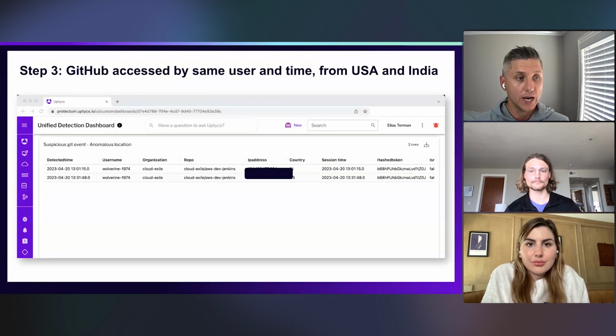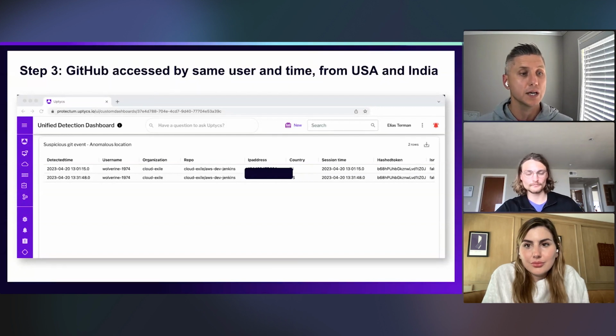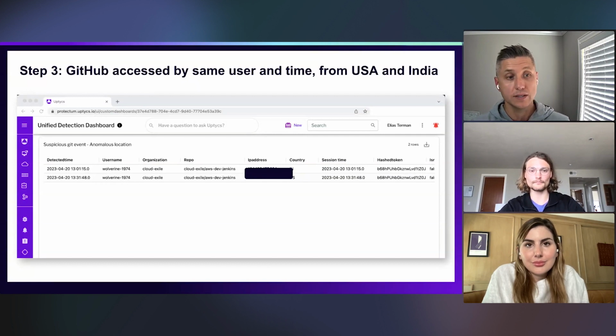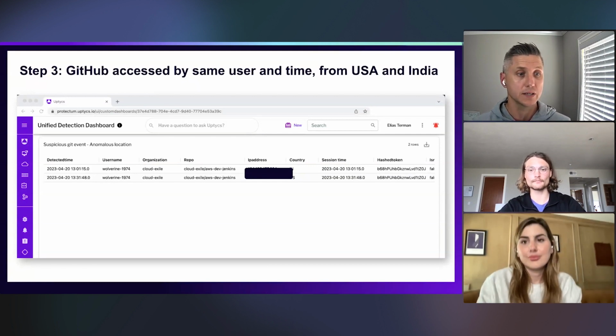Really, what should be happening is these Git events should be coming from the same source IP, and the session time should be the same or similar within the day. But what we found is that the Git event has come from a location that is different to what this user normally performs Git events through.